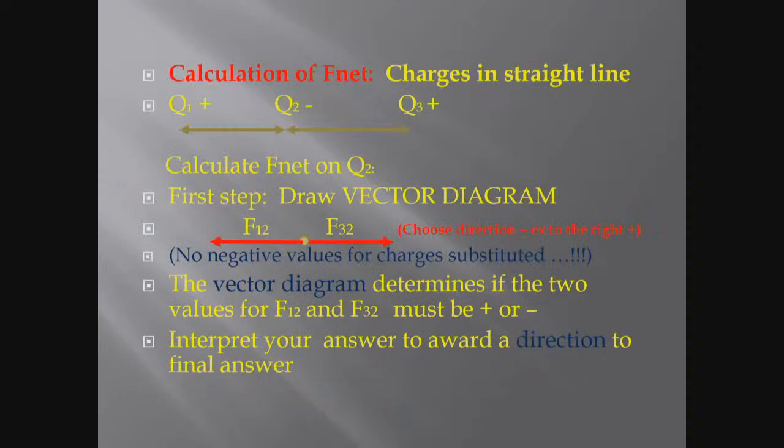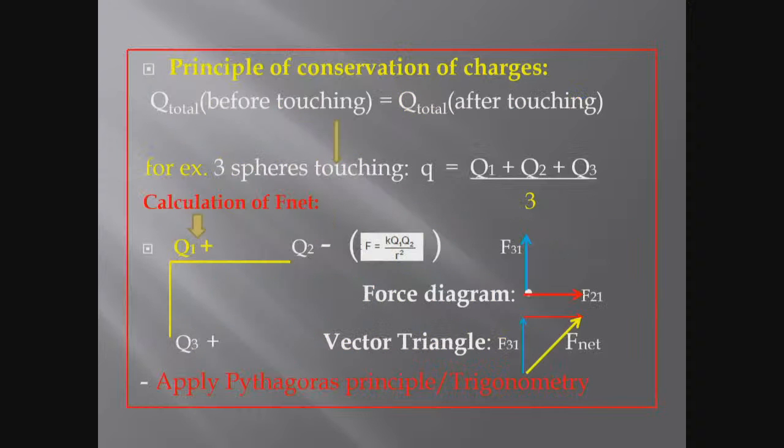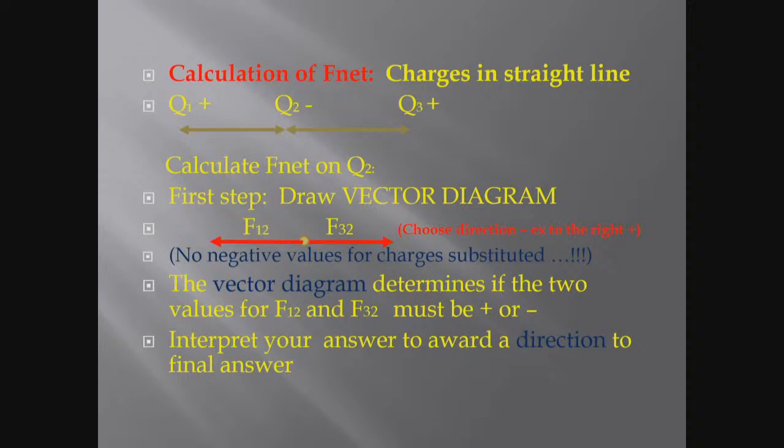The next page indicates an example where they ask you to calculate the net force when the three spheres are in a linear position to each other. Here, for instance, now they're going to ask you, like in the previous diagram, the force on Q1. If I ask you the question on Q1, you will see Q2 is